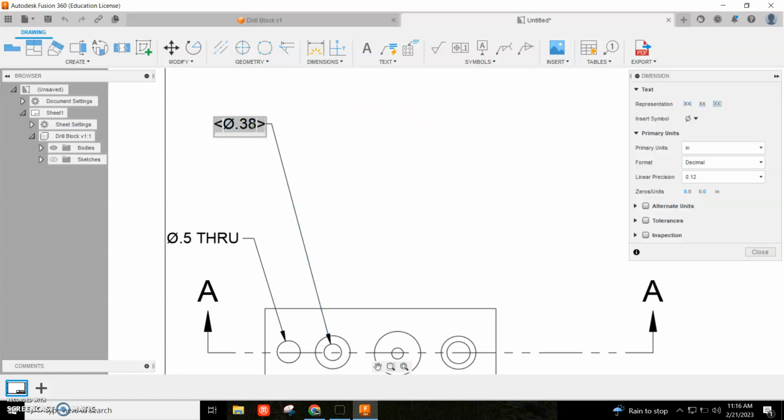I can fix that. Over here, I can just change the representation. I'll be able to change that linear precision. I'll go to 1, 2, 3. All right. So that is the diameter of that to a depth. So right here, what I'm going to do is I'll put a space, and then I'm going to insert a symbol, the depth symbol. I'm going to put another space, and I'm going to take